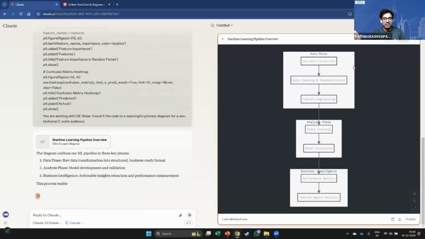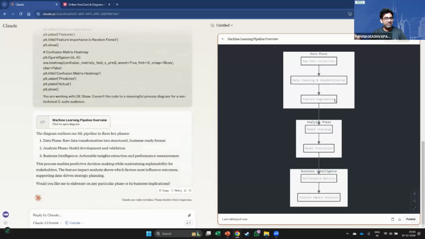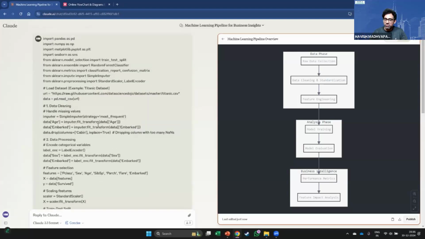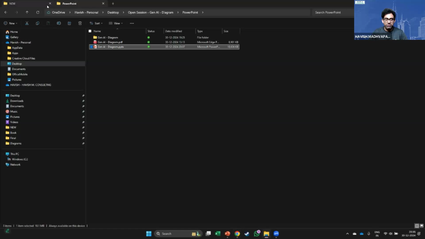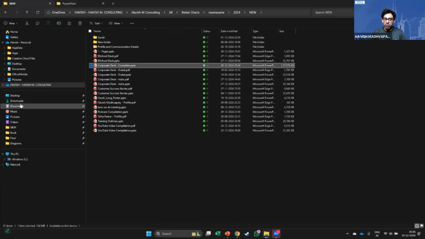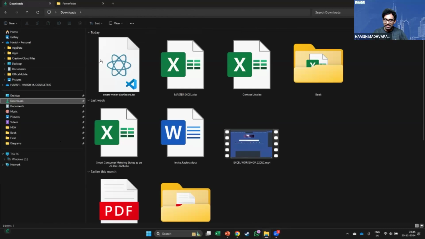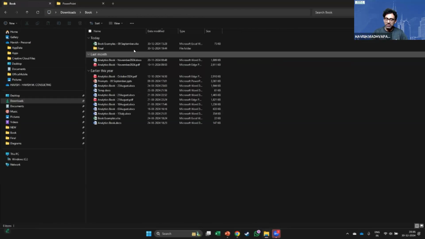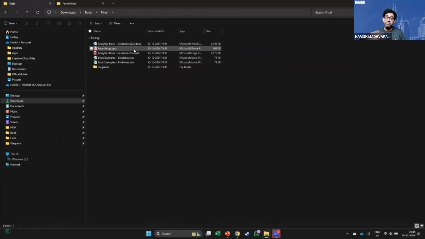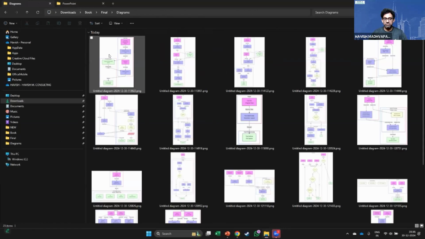As you can see, it tells you first you collected the raw data, did the data cleaning, feature engineering, model training, model evaluation, performance metric, and then the feature impact analysis. Beautiful, right? You're taking something highly technical and then converting it into something that is readable for the regular person. And you can do this with Excel formulas as well. In fact, if you allow me to show you, I'm writing a book on HR analytics. And just earlier today, I was working on converting formulas into diagrams. Have a look.